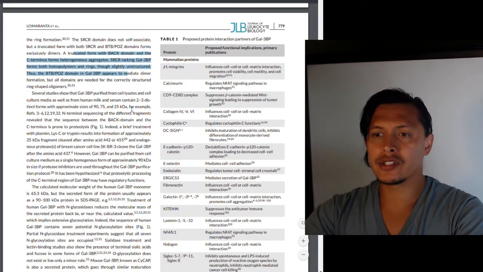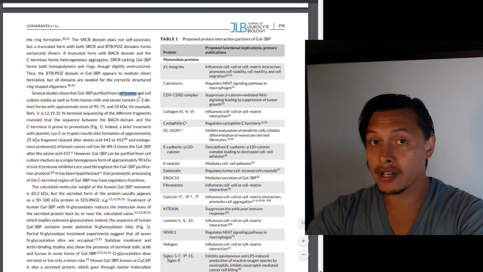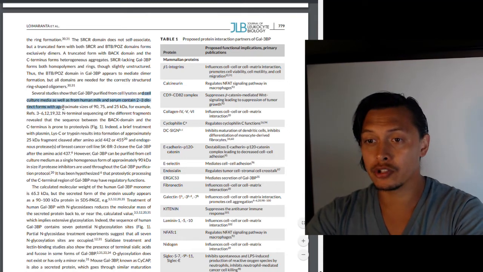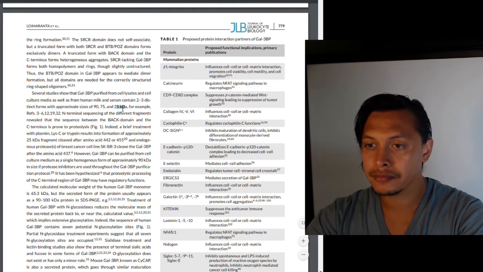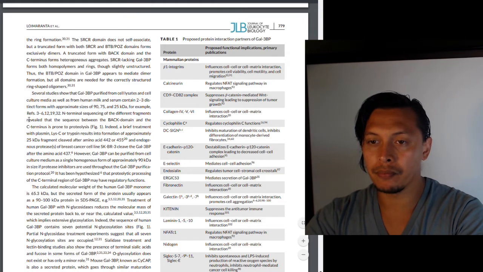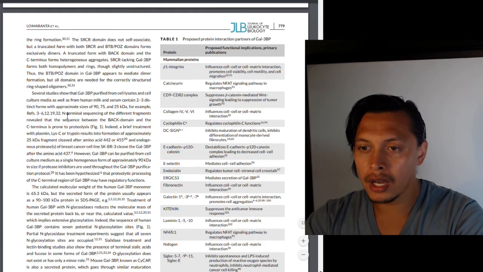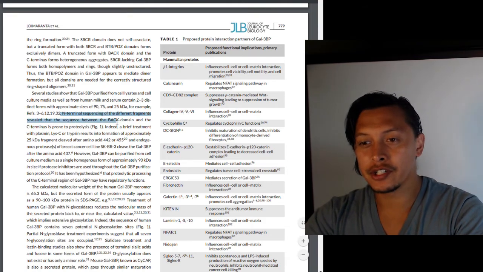Anyways, several studies showed that Galectin-3 binding protein purified from cell lysates, so from the inside of the cell, in cell culture media, as well as from human milk and serum, contains 2 to 3 distinct forms with approximate sizes of 90, 75, and 25 kilodaltons. For example, N-terminal sequencing of the different fragments revealed that the sequence between the BACK domain and the C terminus is prone